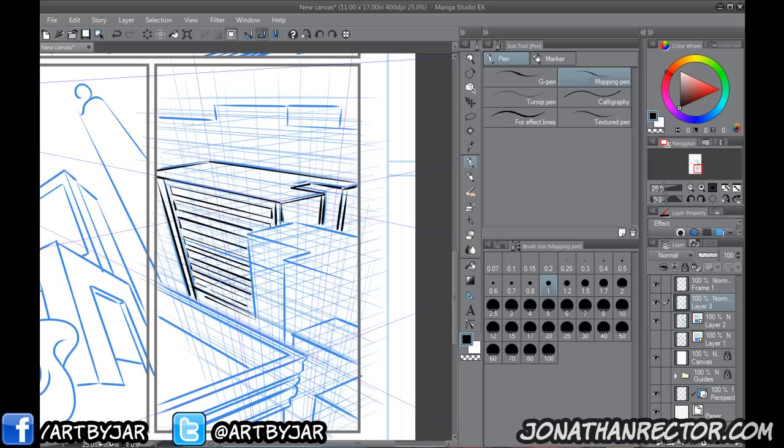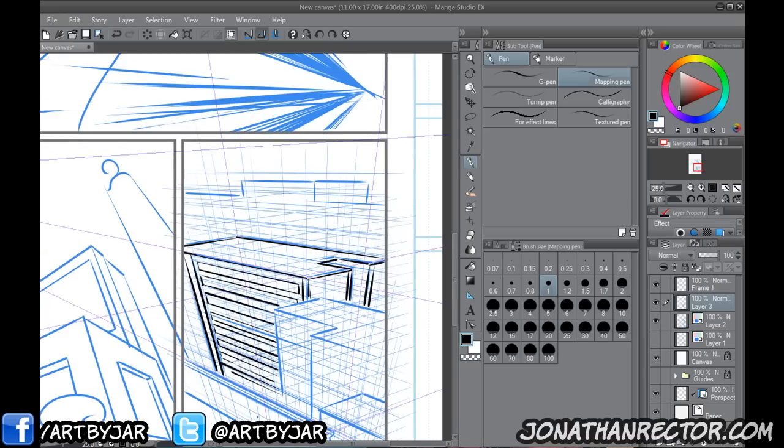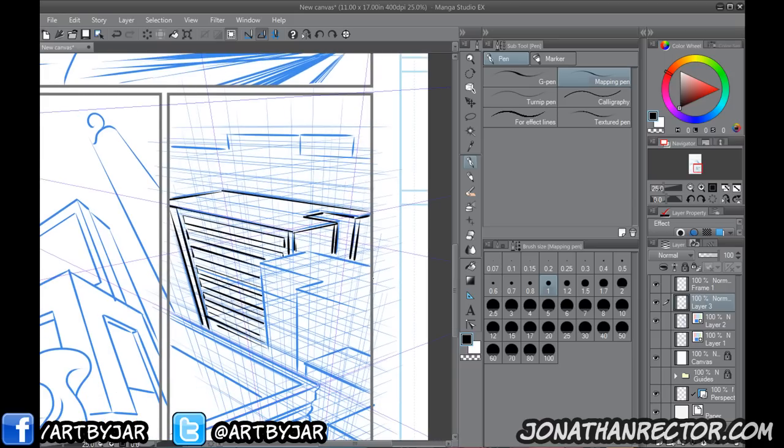The last thing I wanted to show you guys was: what if something else is still in the shot, but the perspective for it is different? So like if there was a chair in the scene, or heaven forbid, the buildings don't all go to the same perspective, right? So what you would do is, you're gonna love this. Make sure that perspective layer is still clicked. All you gotta do is literally make another perspective.